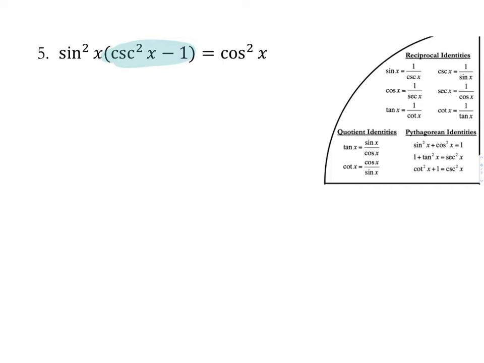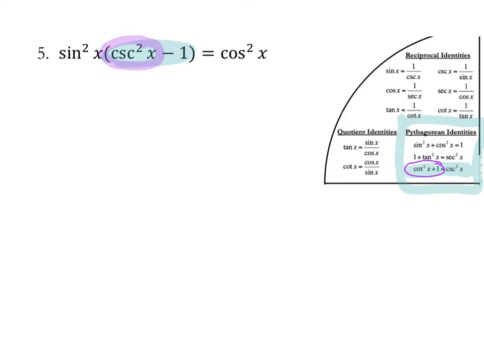That is telling us to focus in on an identity. Since it's a trig squared and a 1, we are looking over here at our Pythagorean identities. And since it's cosecant squared, I'm definitely looking at this bottom row. There isn't a direct substitution I can make here, however, so what I'm going to plug in for is just the cosecant squared. That's what I'm going to plug in, as I know cosecant squared is equal to